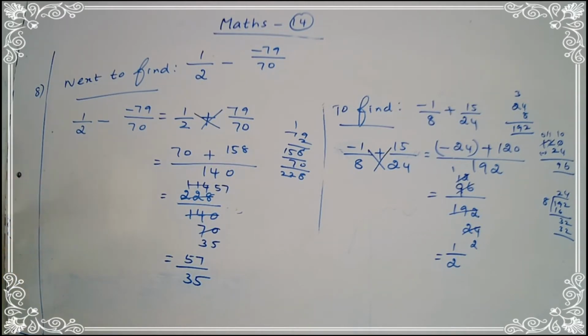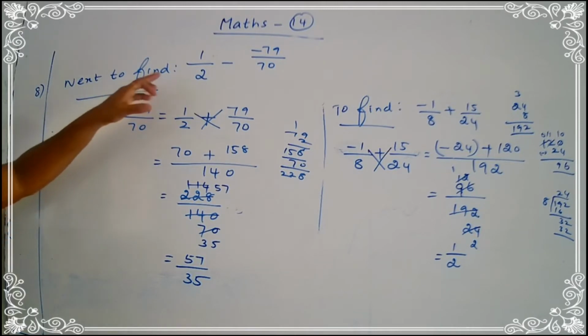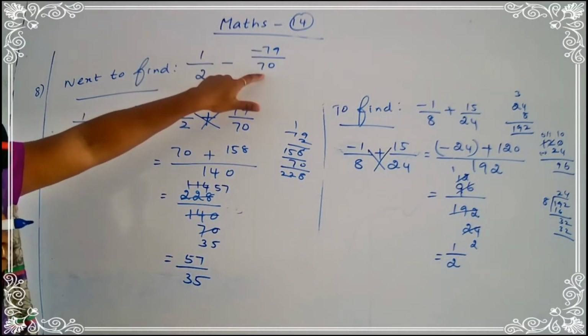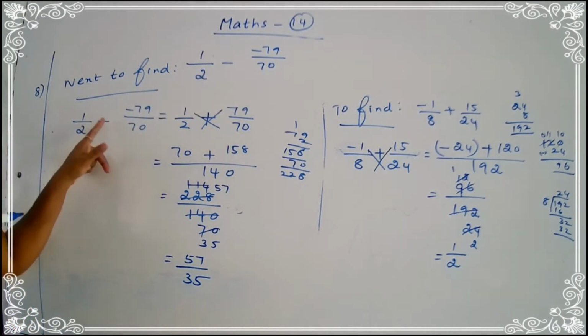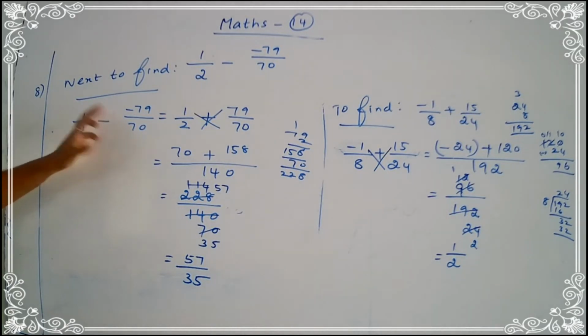What is given? By how much? So by how much means subtract the smaller number from the bigger number. Okay, children? So that's why you find the value of 1 upon 2 minus 79 upon 70. Okay. So this is subtraction. So in subtraction, we have to change the sign. That time, you put the additive inverse. We add the additive inverse of the rational number to be subtracted to the other rational number. So that's why 1 upon 2, the minus sign becomes plus. That time, you put the additive inverse. So the additive inverse of minus 79 upon 70 is 79 upon 70.